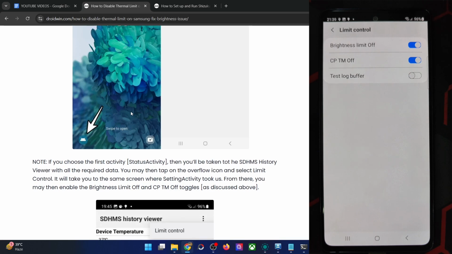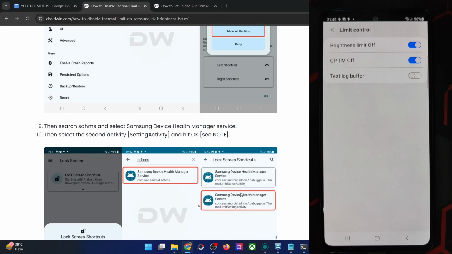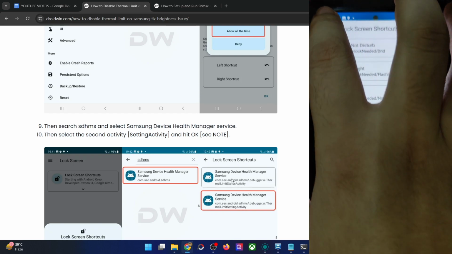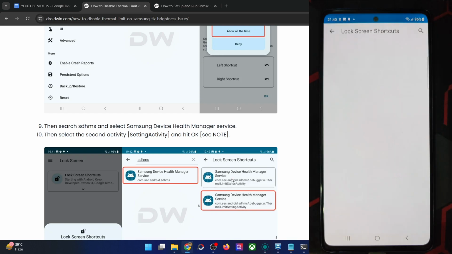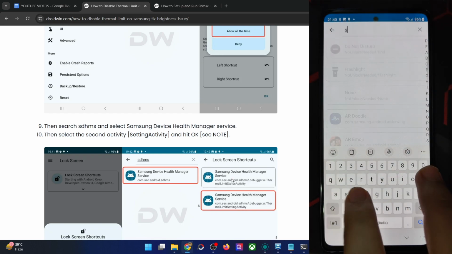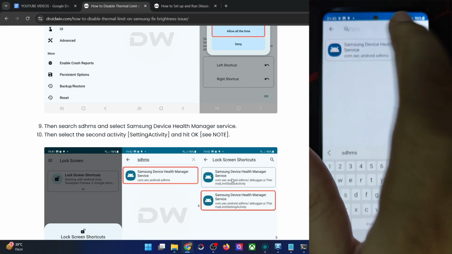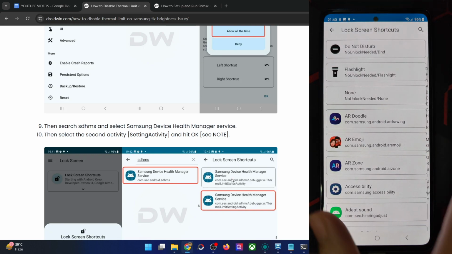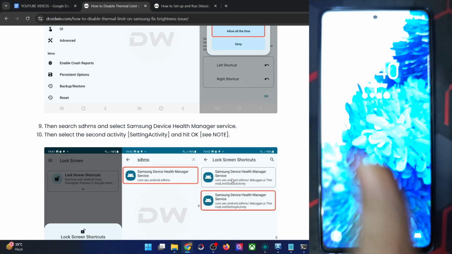Okay, so one more thing. As of now, we have used the second service. What about the first service? Let me now show you what that is as well. So now if we assign the first service, let's use the right shortcut, and again type in SDHMS, choose this, and now let's choose the first service over here. Let's use the right shortcut, and now once that is done, lock your phone, and now let me open it